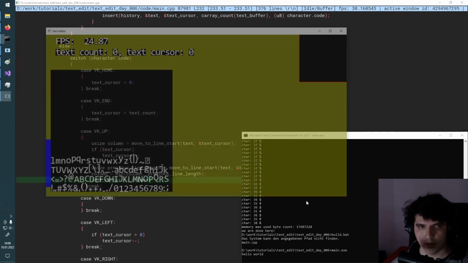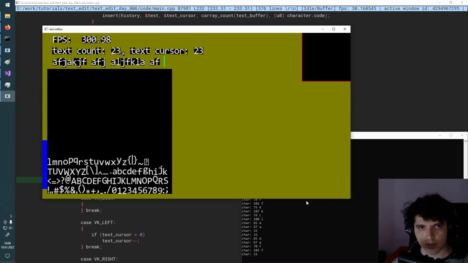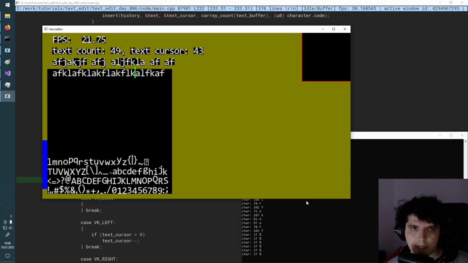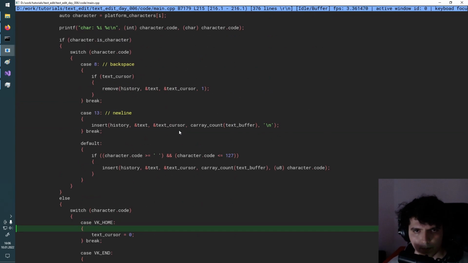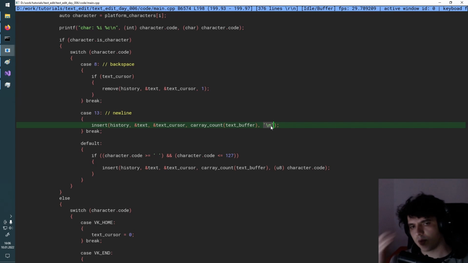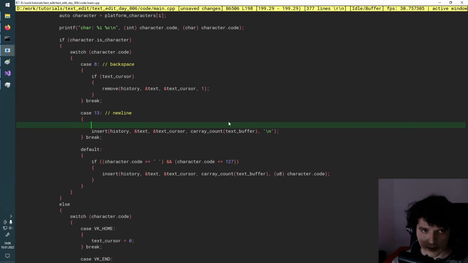So, I'm just going to type some stuff here, type a new line. I'm going to go somewhere in the middle, like K, and I should end up at the K above. And as you already see, it didn't work. So it is one off, and that could be because of how we insert this new line. There's another way to represent new lines in Windows. It's typically carriage return and \n, basically two characters instead of just one, and you have to ignore this one